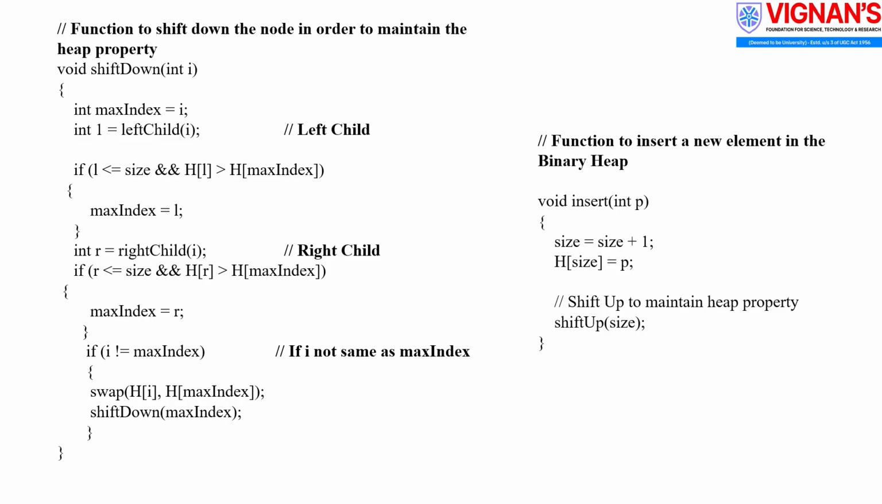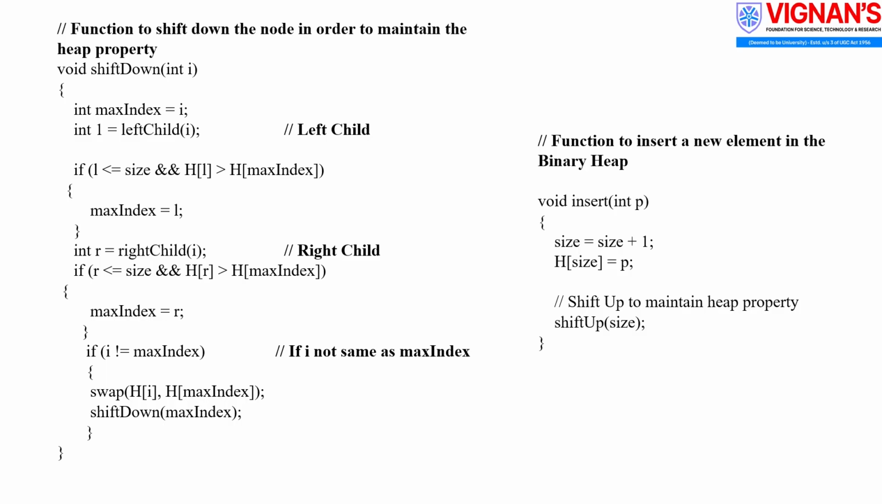Next, the function insert is used to add a new element into the binary heap. The size of the heap is increased by 1, and the new element is placed at the end of the heap array. After insertion, the shift_up function is called to move the element upward until the max heap property is